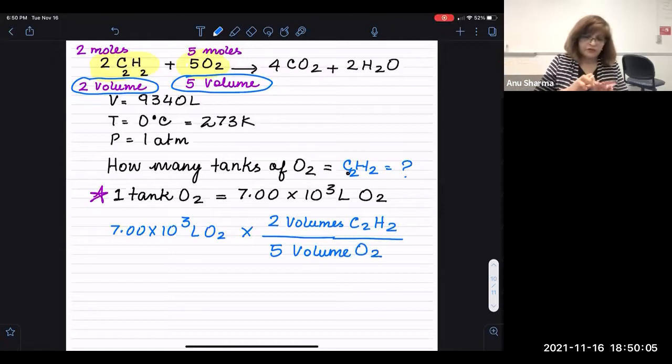Okay, so do this here. 7.00 times 10 to the power 3 means 7,000 times 2 divided by 5, and you get 2800. Or 7,000 times 5 divided by 2 is equal to